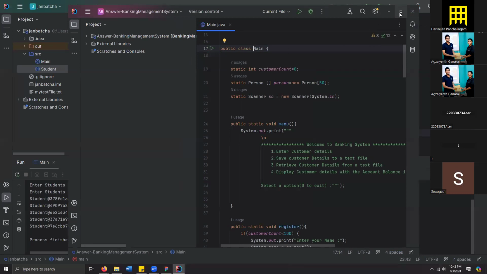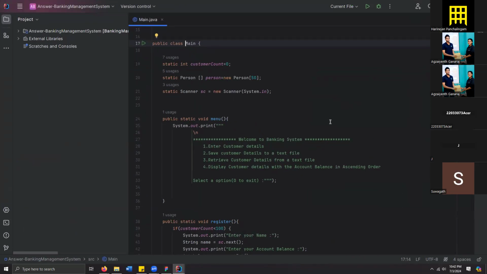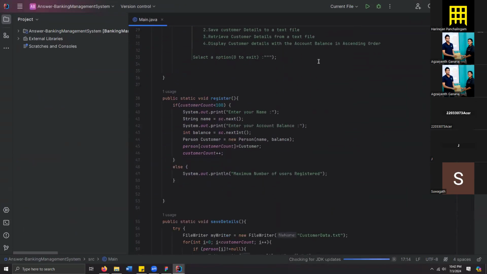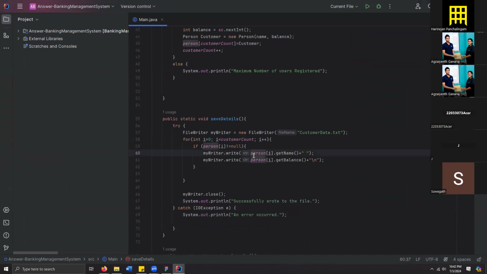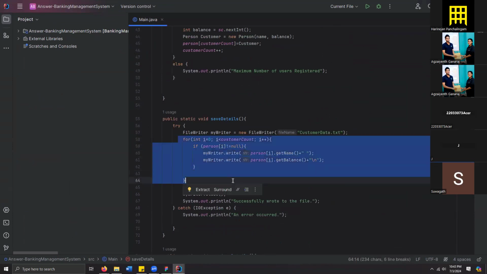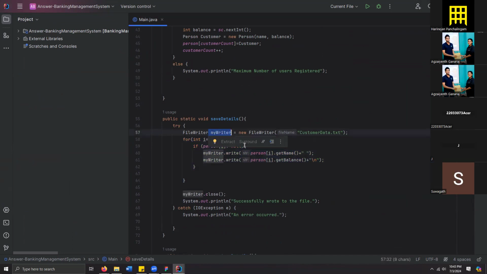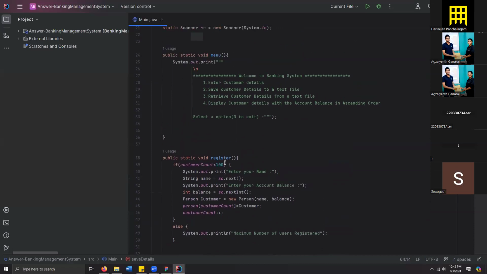Okay, so this is the answer. So I'm not gonna do it again. I'll explain and show how it's done. To write the data, we created an object of file writer. Okay, so after that what we do is, so every time